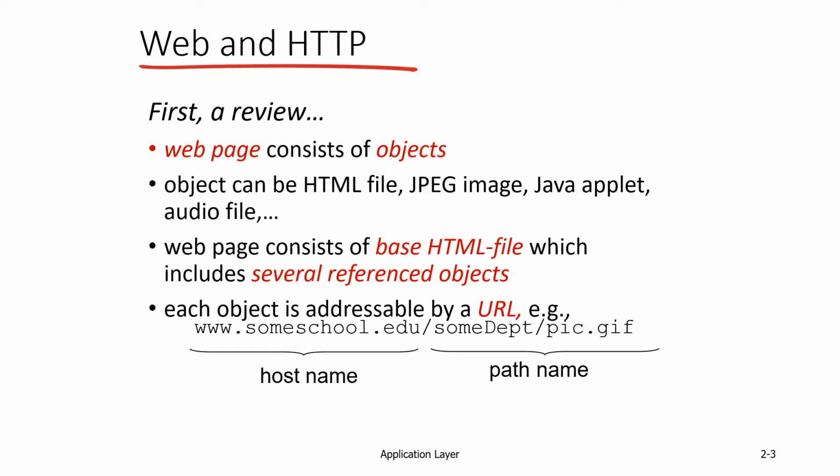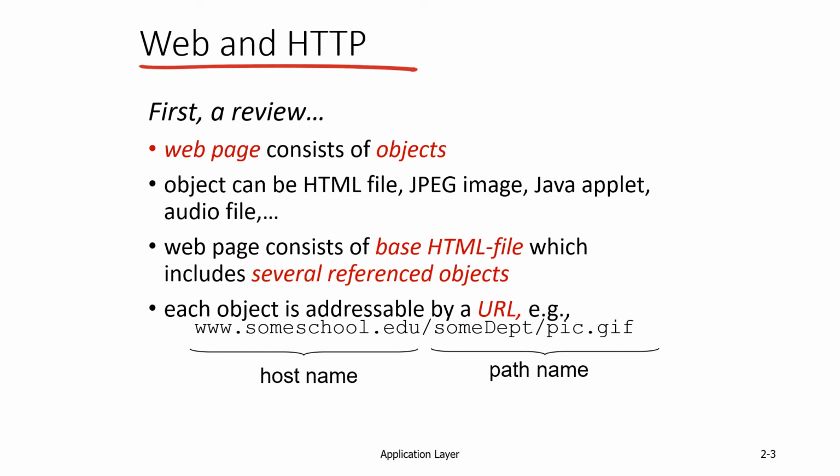Whenever you try to retrieve a particular web page, it consists of a series of objects, and these objects could be literally anything, ranging from a file to an image to a video stream. There is something called a base HTML file included in each web page, which includes a reference to all the different objects embedded inside that web page. The objects are retrieved either one by one or in a single go. Each of the objects embedded inside your web page is directly addressable as well.